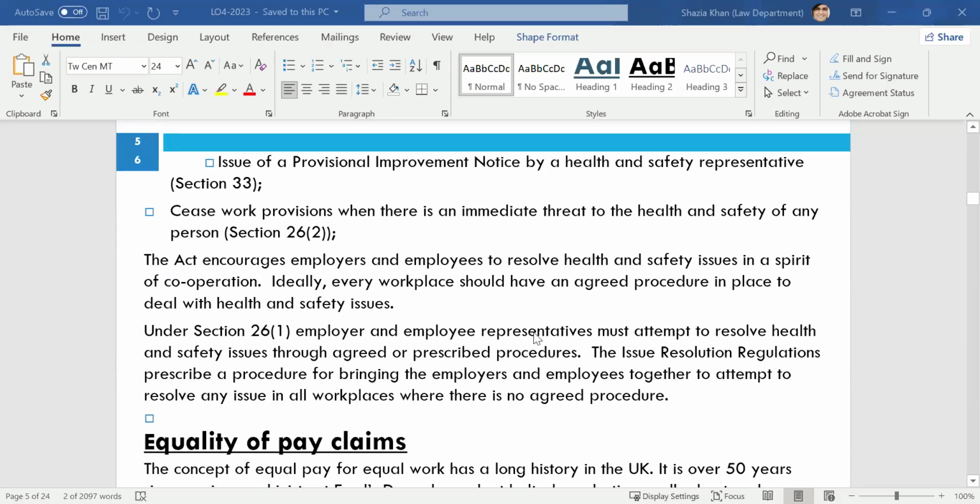So we've got the Health and Safety Act, which deals with employers making sure that the workplace is safe. And employees can report unsafe conditions. So it's up to the employee to report any unsafe conditions or refuse to work in dangerous conditions as well. While employers must establish that they follow the procedures and the protocols that they put in place to make the place safe. And some internal disputes for health and safety could be reporting unsafe conditions. So employees should report any sort of unsafe conditions.